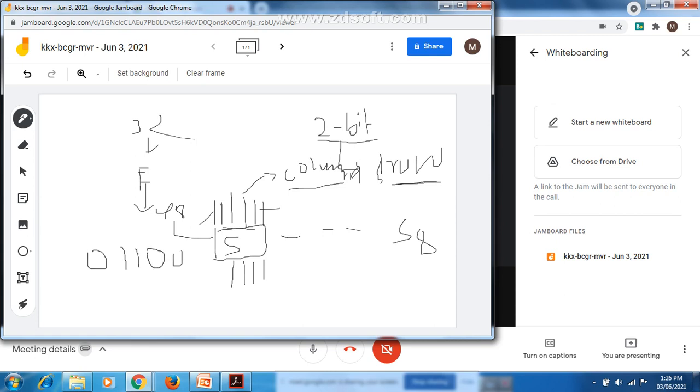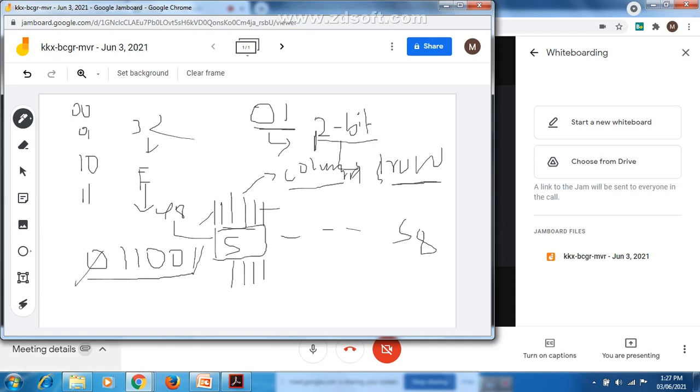Now for example, if I write the 6 input bits as 0, 1, 1, 0, 0, 1. These are the 6 bits, 3, 3, 6. This is the input you are passing, for example, through the S box, right? How is it interpreted? First and last bit, that means it is 0, 1. This is the 2-bit binary number you are getting. What is the decimal number for 0, 1? It is nothing but 1. That means the first row will be selected.